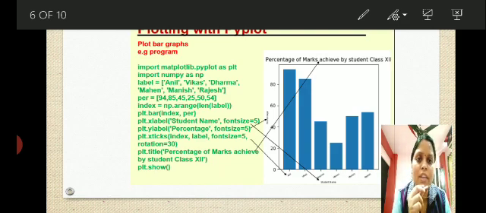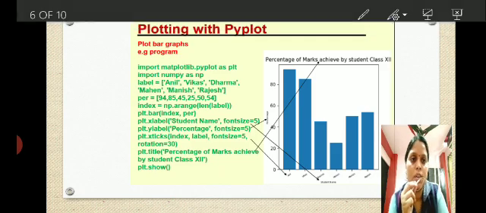And finally, after writing all this command, the last line that you can see, plt.show, that is important. You can write this line to display the graph on the screen. Okay, next,